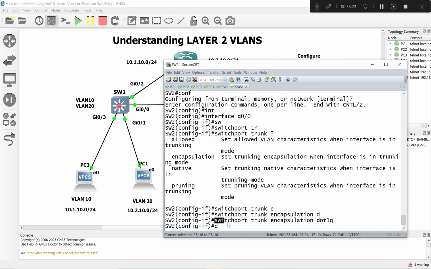Now I issue a switchport trunk encapsulation dot1q. Now if I do show, because when you are in config mode you always put "do" in front, so when I say do show interface trunk,